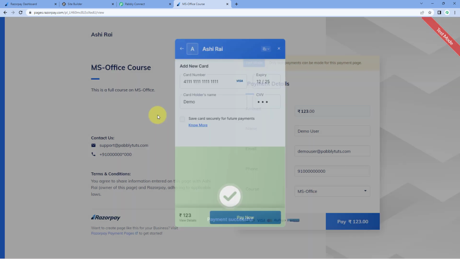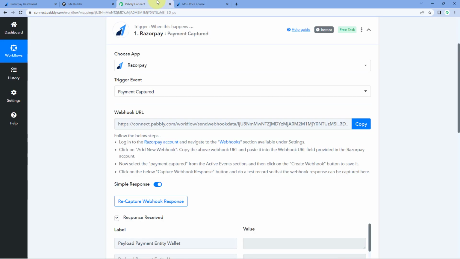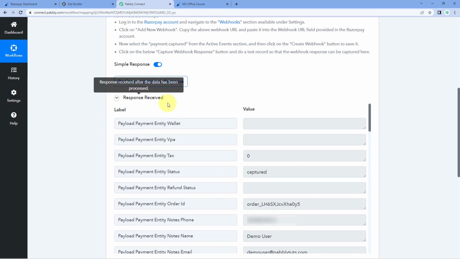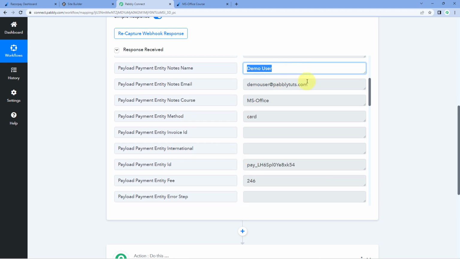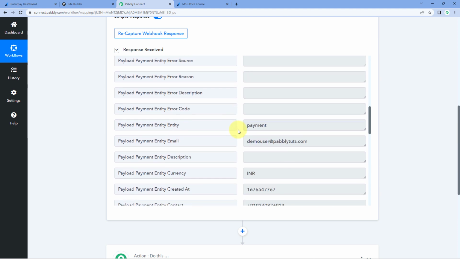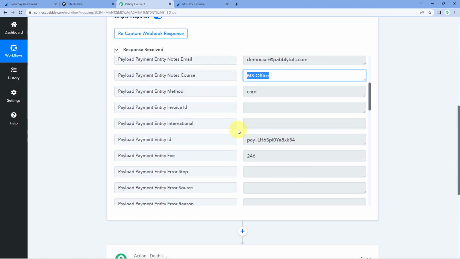And as we receive this payment, we will see, guys, in our Pabbly Connect workflow, we have received the same response. And in this response, you will see the details of the exact same payment. Here you can see the mobile number of the customer which they have entered while making the payment. Here you can see the name of the customer. Then you can see the email address. Then here we have the response of the course name. This is very important. Then we'll scroll down further and we will see some other details of the same customer